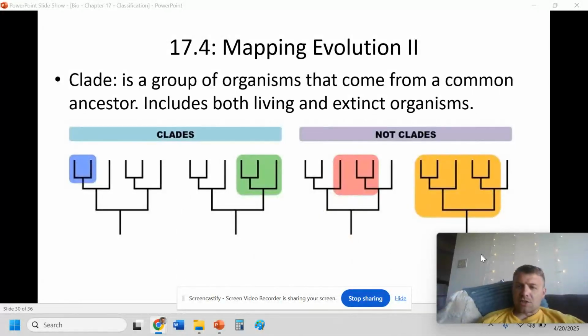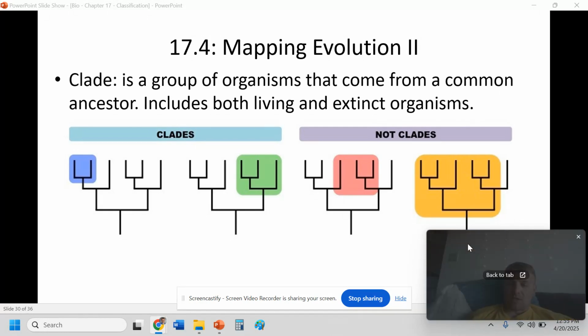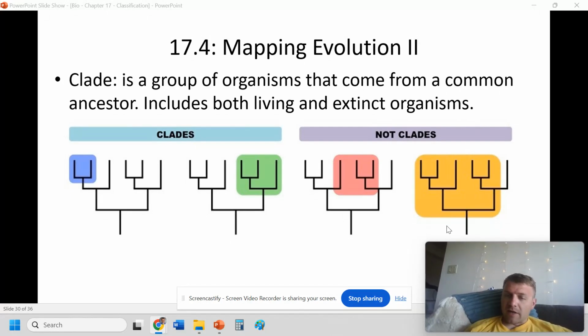All right, the last section here is going to be, again, on mapping out the tree of life. And basically, we're going to be looking at what clades are first. And a clade is a group of organisms that come from a common ancestor. This includes both the living and extinct species. So you can see here on this cladogram, or this tree of life, this phylogenetic tree, whatever you want to call it, this is not a clade and this is not a clade